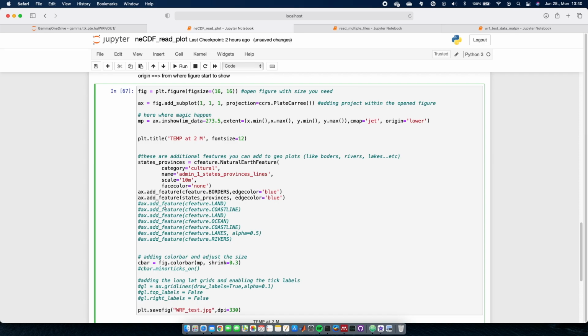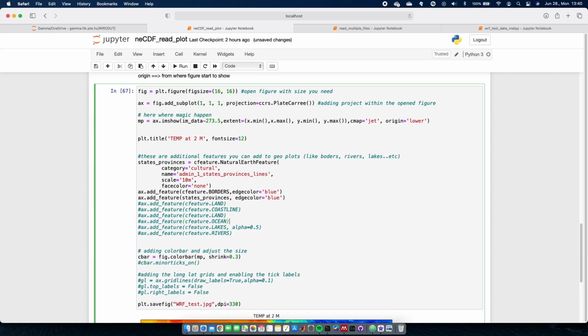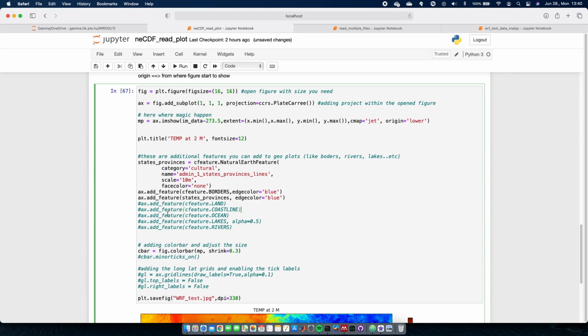And also you can give several features: land, coastlines, sorry, I had it two times, ocean and lakes and rivers, like that. So I think it's not needed. Two times I have given, sorry. Yeah, so you can give multiple features as well. So we'll see what's going to happen now.